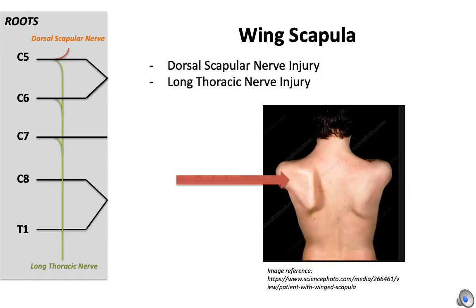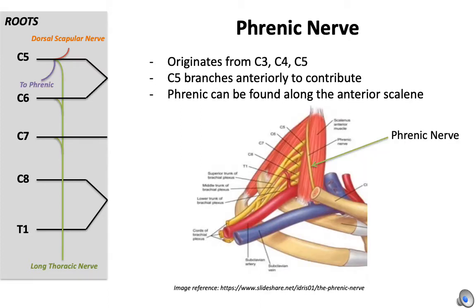Injury or entrapment of either the dorsal scapular nerve or the long thoracic nerve can result in destabilization of the scapula, also known as wing scapula deformity, which is shown in the picture above. C5 also contributes an anterior branch to the phrenic nerve, which is made up of C3, C4, and C5. The phrenic nerve can be found along the anterior scalene muscle, as you can see in the figure above,